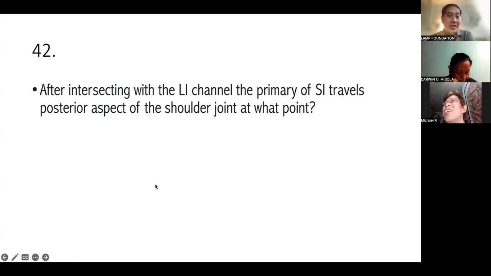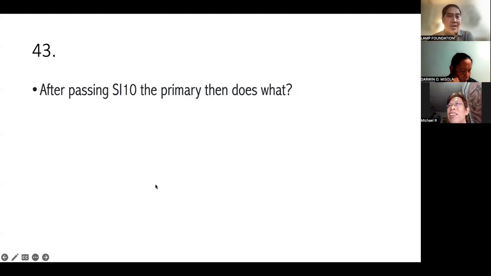Okay. The SI travels the posterior aspect of the shoulder joint at what point? The posterior aspect of the shoulder joint at SI10. Wow. After passing SI10, the primary then... I have a long answer with this one. The SI primary channel zigzags from the inferior fossa to the superior fossa of the scapula through SI11 and SI12. Then the medial aspect of the scapula is found at